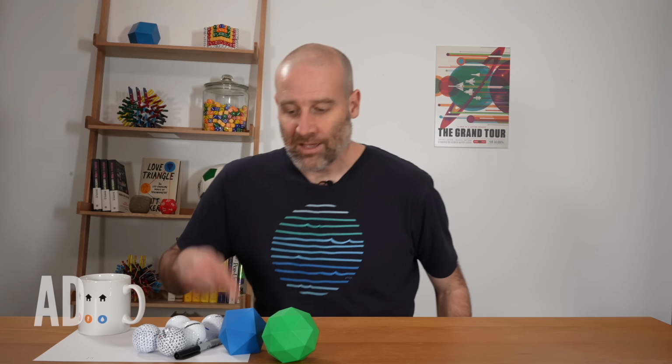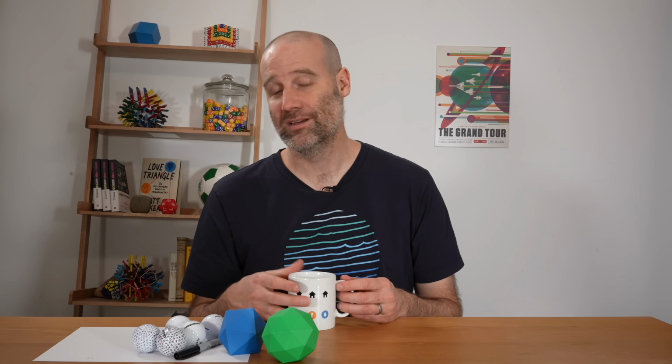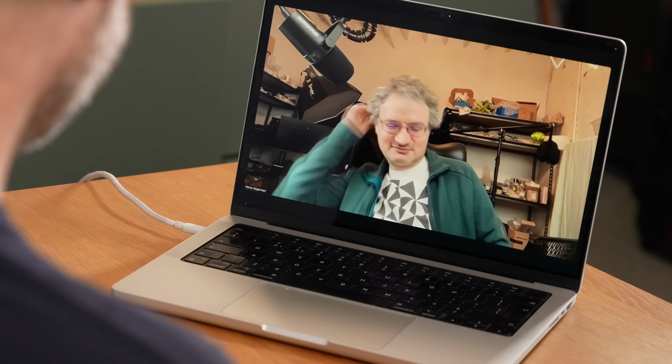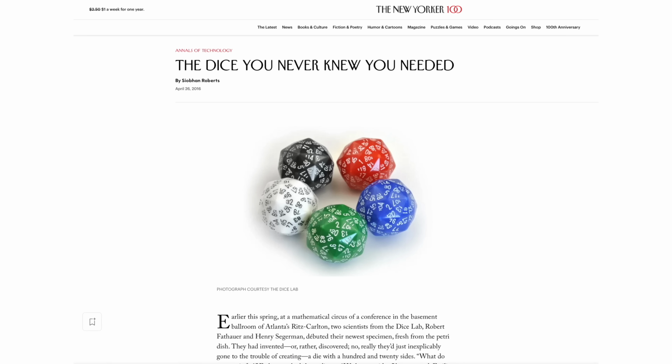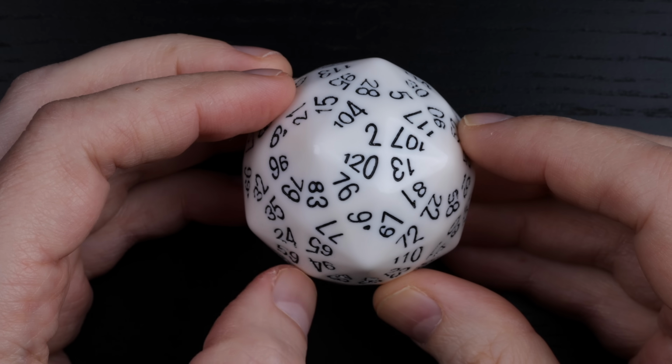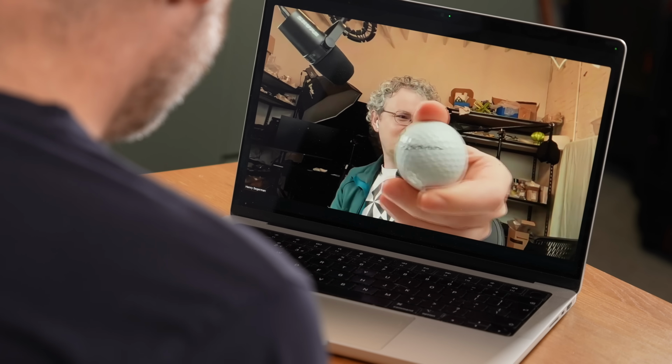Now, however, back to the golf balls. Conveniently, a maths friend of mine was, a couple of years ago, asked by a golf ball manufacturer if they could advise on the mathematics of where to best put those dimples. This is my maths friend, Henry Segerman, and one day a golf ball manufacturer saw this article in the New Yorker about a D120 dice Henry had designed, and they thought, this is a person we can ask some golf ball questions. Robert Van Houwer, who I work with on the Dice Lab, they contacted him, and then we started doing a little bit of consulting with them.